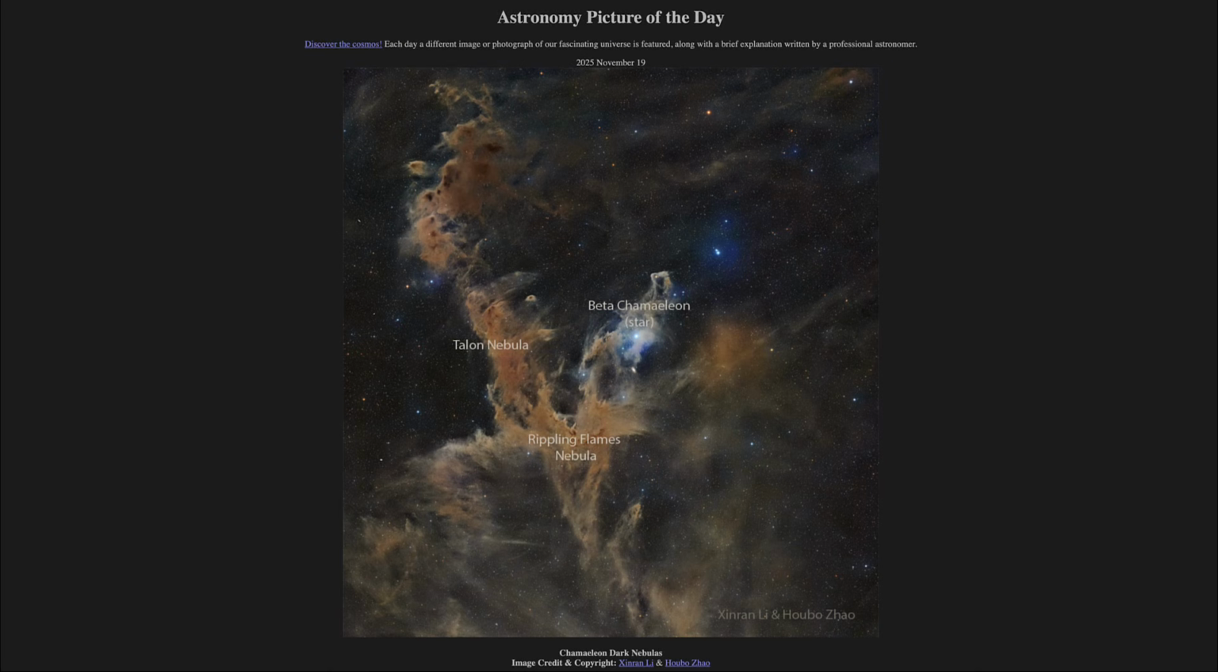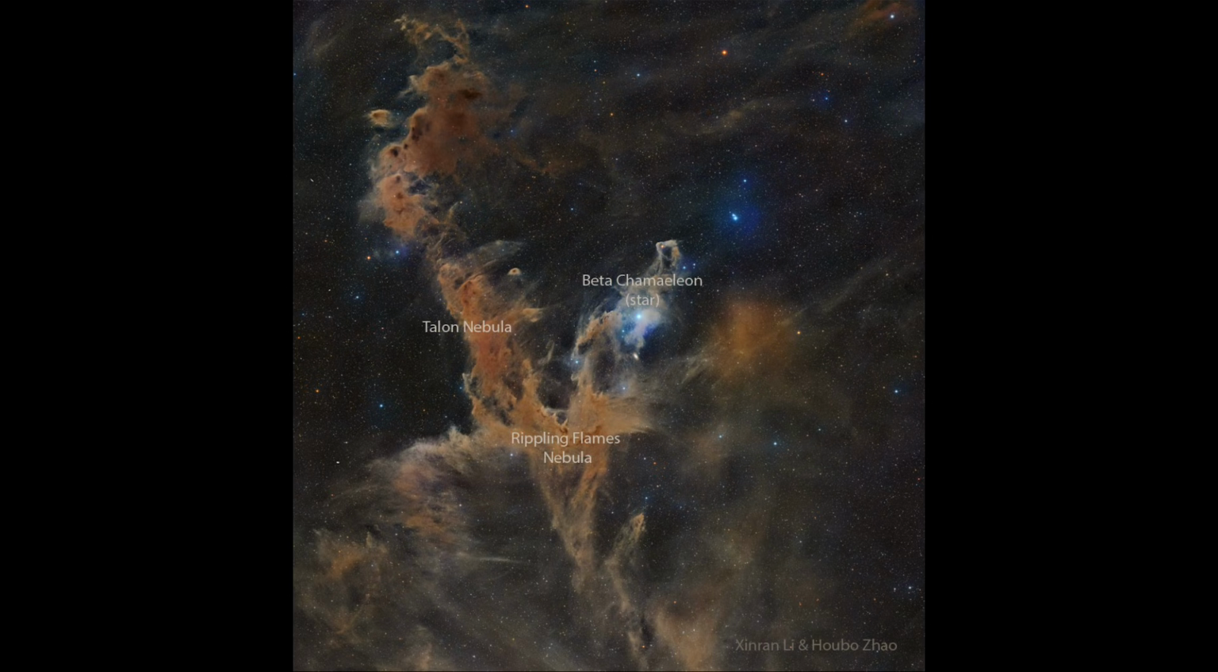Today's picture for November 19th of 2025 is titled Chamaeleon Dark Nebulas. So what do we see here? Well, looking at the constellation of the Chamaeleon down far in the southern hemisphere, we see almost a V shape